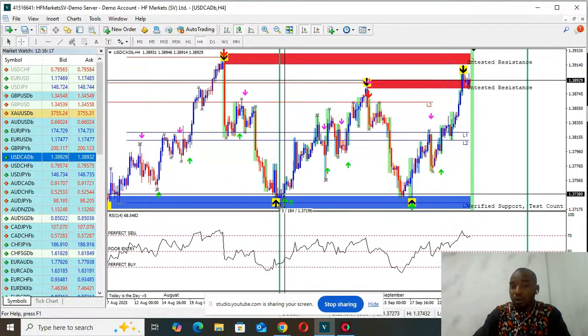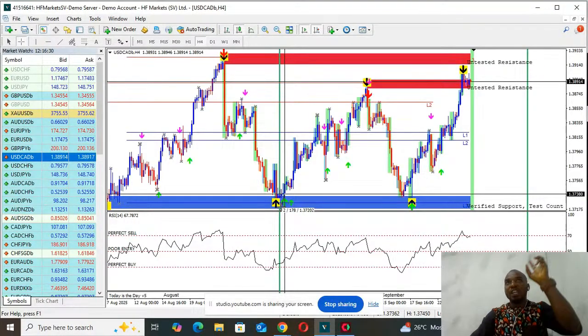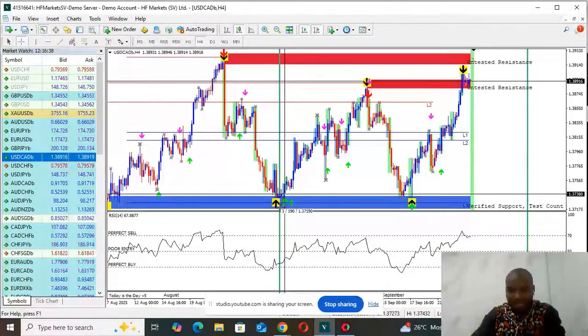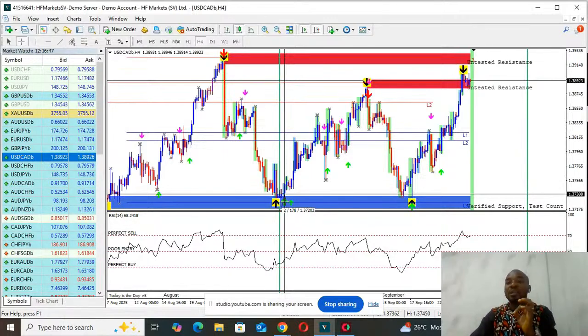Put your stop loss below. Stop loss is always below the black arrow and yellow box. Now that black arrow and yellow box is an indicator or a system telling you we have a high chance of going up. If it is pointing up, it is going up. If it's pointing down, it's going down. High chances. So you put it below that black arrow and yellow box. That's 19 pips. And you are not permitted to close this trade until the market comes to the next zone.